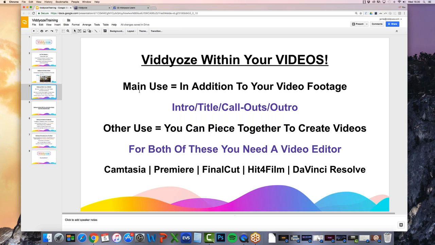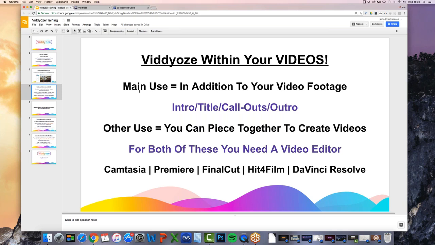Now, for both of these uses, generally these are going to be your main uses. You can sell individual animations to different businesses, or use them for yourself, which is easy to do. If you're running your own business and you picked up Viddyoze to help promote your business, then you could create an animation every single week talking about the specials inside your restaurant, or any offers or discounts you've got on. That's going to grab more attention if shared on Facebook than if you were to just write a post, which I'm sure you all know. So you can use our individual animations for that.